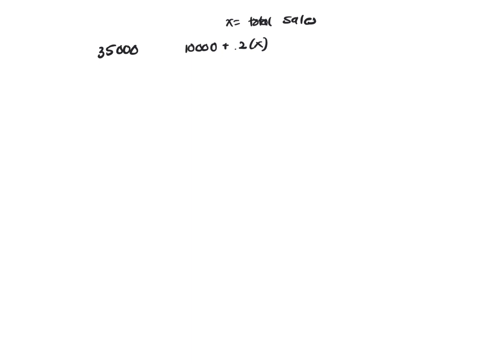commission. And we're trying to figure out what must be her total amount of sales. So we're trying to figure out when those are equal. So subtract 10,000 from both sides and get 25,000 equals 0.2x, and then 25,000 divided by 0.2 is going to be x, and you want your divisor to be a whole number, so you'd move a decimal over one place to the right and then add 1 0, 25, 1, 2, 3, 4, and you can basically stop here, because